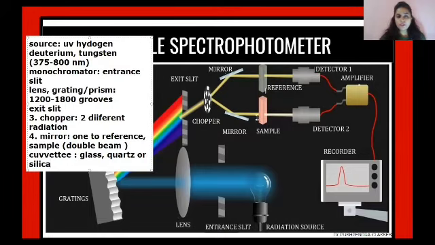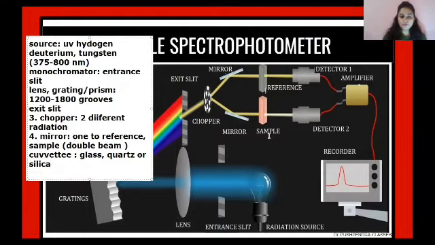What will happen is the entire radiation that falls upon the reference and the sample solution will then enter the fifth part of the instrumentation, which is called the detector. Now, this detector will help us in analyzing what all signals were present. There are majorly three kinds of detector. One is PMT, which is called the photomultiplier tube.